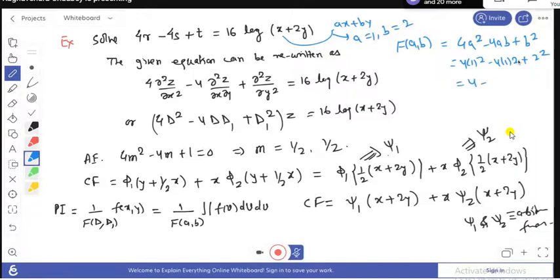4 minus this becomes 8 plus 4, that equals 0. So here f(a,b) is 0. Okay, so if f(a,b) is 0, then we have a formula. Since here f(a,b) is 0, we use the formula for that, and this formula is equal to 1 by